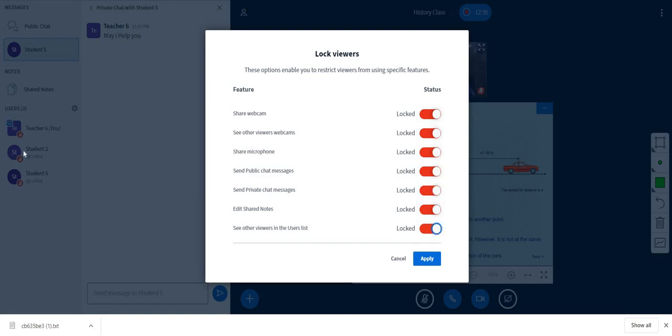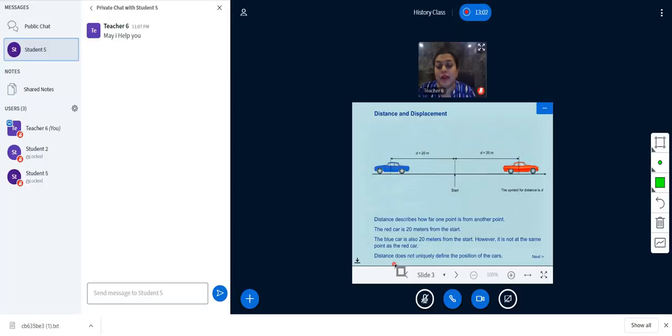When we talk about the list, it is nothing but these student lists which are available, so the student knows who are present in the class or who are not present in the class. So all this can be set advisably. If you have a class at 10 o'clock, you need to log in at least 10 minutes early, that is 9:50, so that you can set all these things before students have logged in and the platform is ready for the students to access. Once you click and apply, all these things will be applicable and the platform will be 100% ready for you to access.